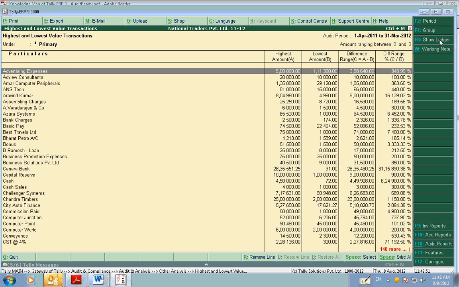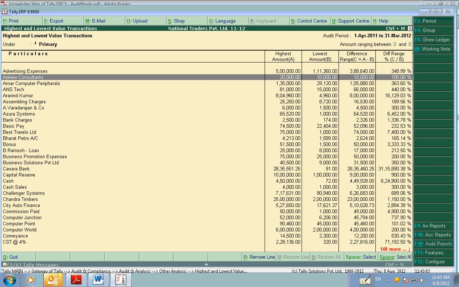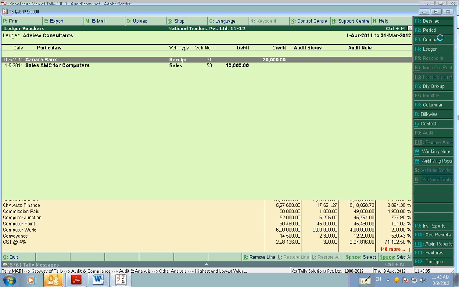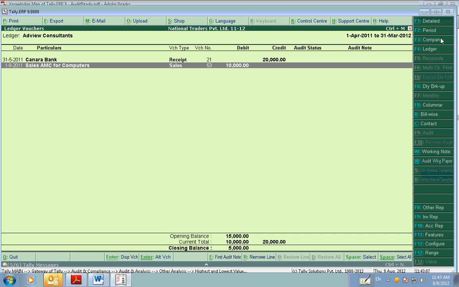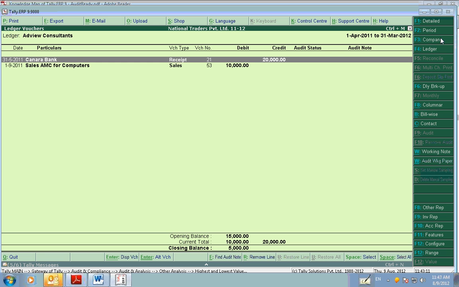It shows you what was the highest value and lowest value, what the difference is, and the difference range, whether it is very big, not so big, or okay when comparing. So it shows suddenly here, if you check, sale AMC for computers 10,000 and 20,000. So it will also